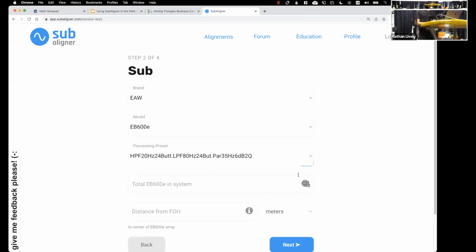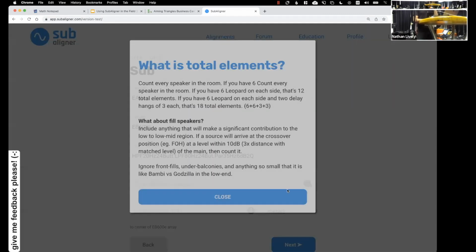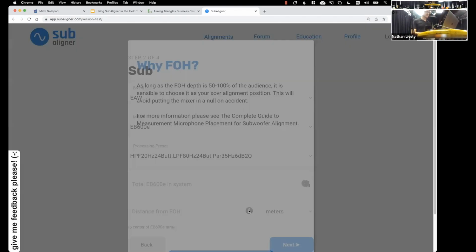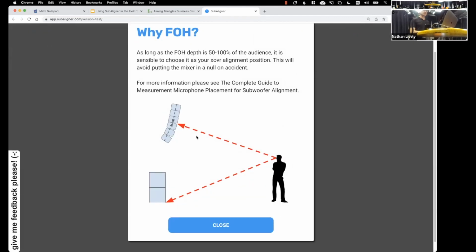And if you ever forget about this, just click on this little eye right here, and you'll see in this little pictogram that this guy is looking at the center here, and he's looking at the ground here. Why is he looking at the ground? So my recommendation is that anytime a source is on the ground, your subwoofers, point the laser at the ground. Why? Because